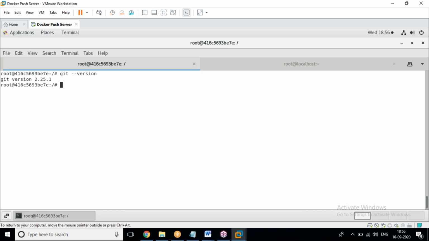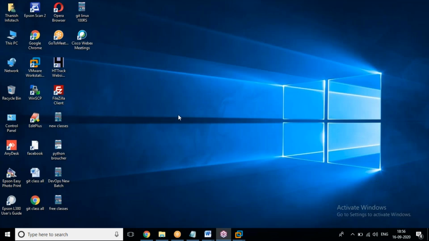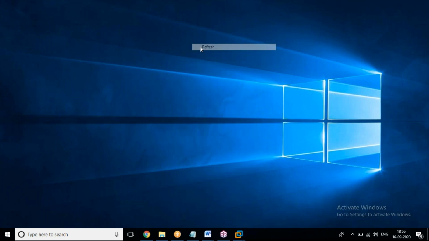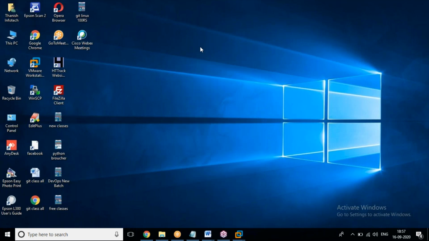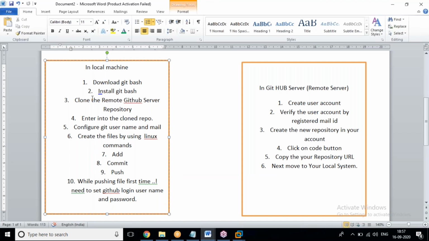Now what are we doing? Now I'm coming back to Windows. Yes, successfully we have installed Git. Now what next? You are going to install it on Ubuntu. After installing Git, the same steps you can follow me. Whatever I'm doing in the Windows machine, the same you can do on Ubuntu also. Yes, now what next? We did 2 tasks. Yes, install Git Bash, and what next?